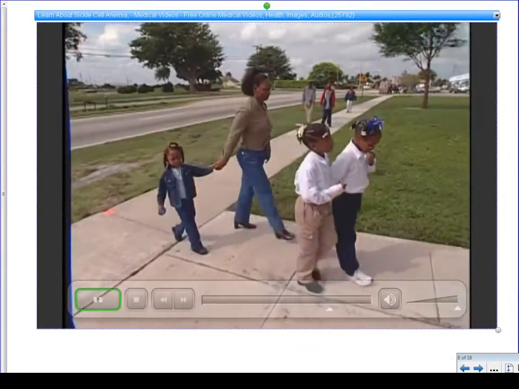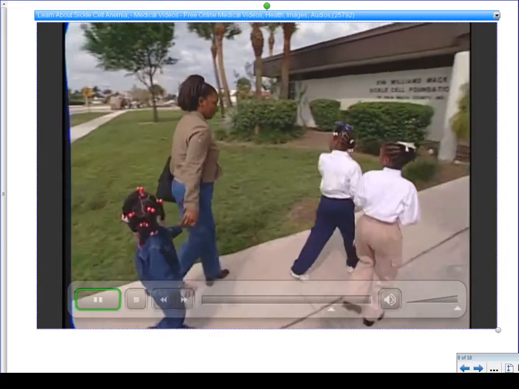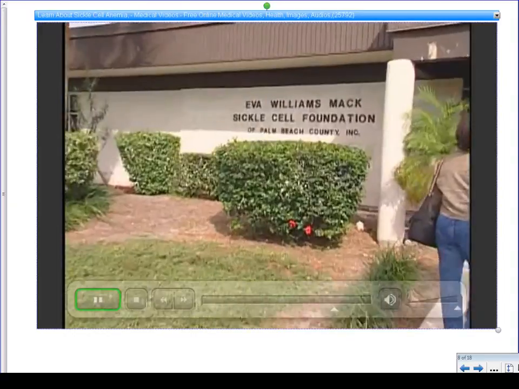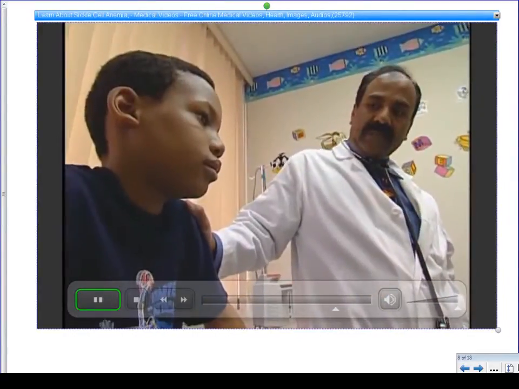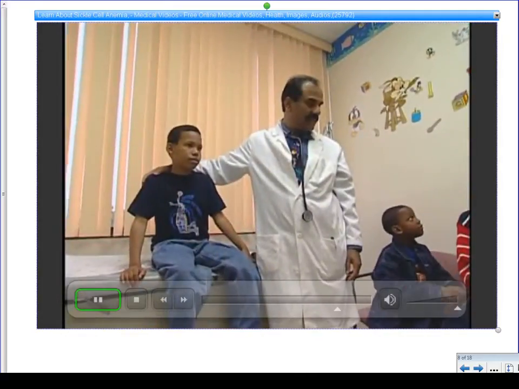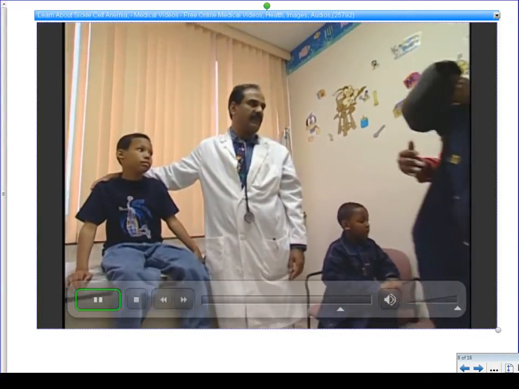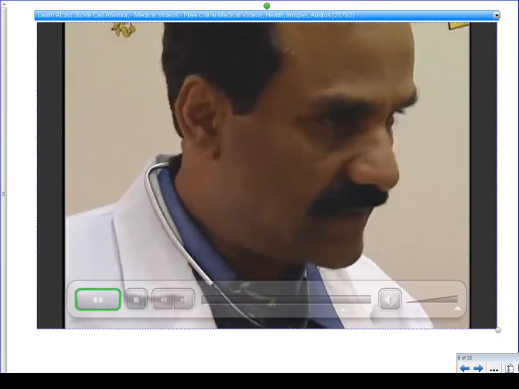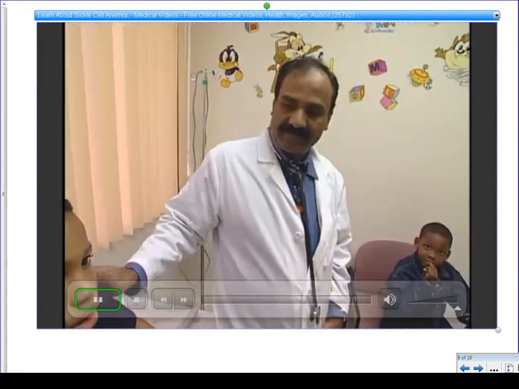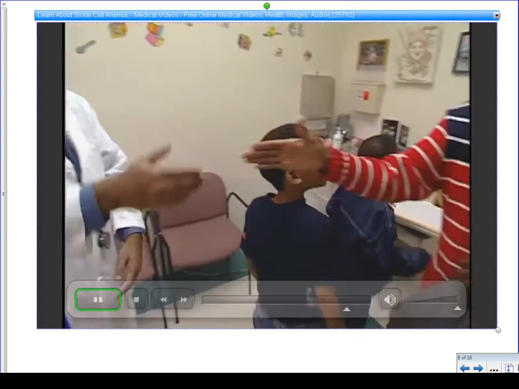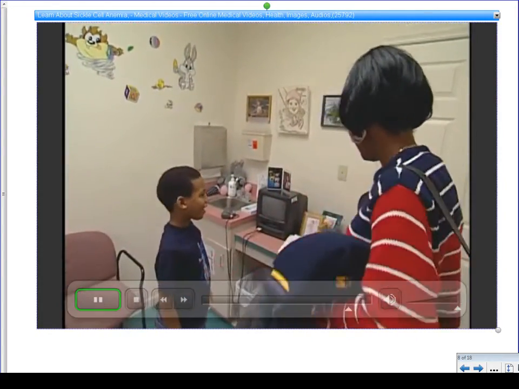Dr. Beard also advises parents to seek support and education through local sickle cell associations and support groups. And don't forget your child's pediatrician as a source of support and guidance. It's very important to establish a very good communication and a good relationship with your pediatrician. Your pediatrician is going to be a partner with you in providing not only health care, but advice along the